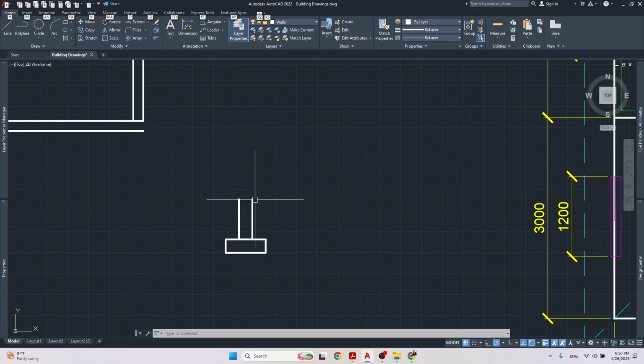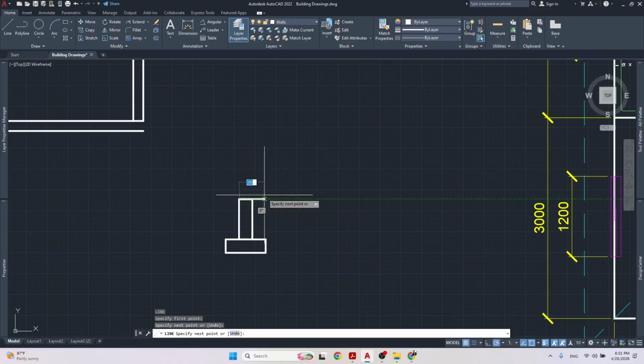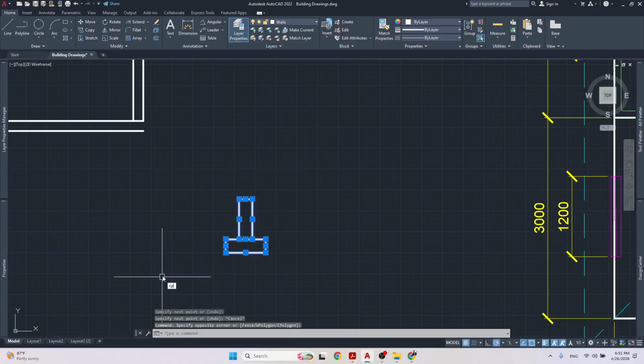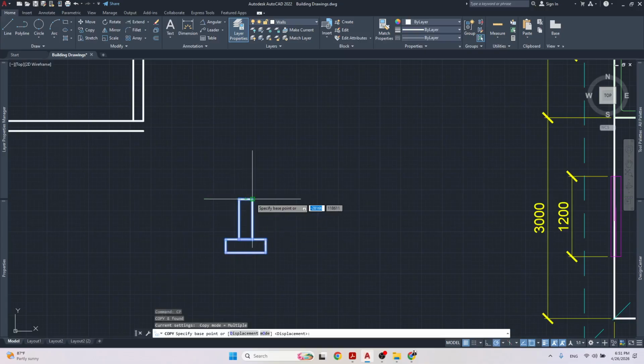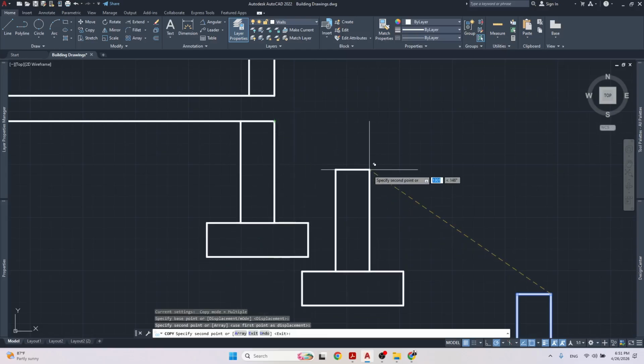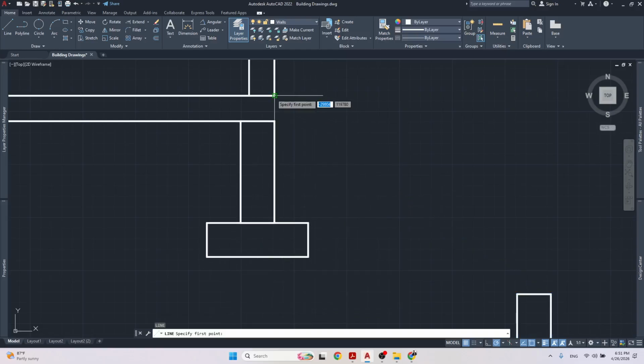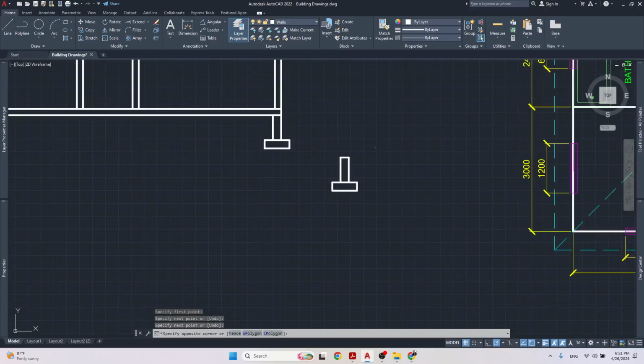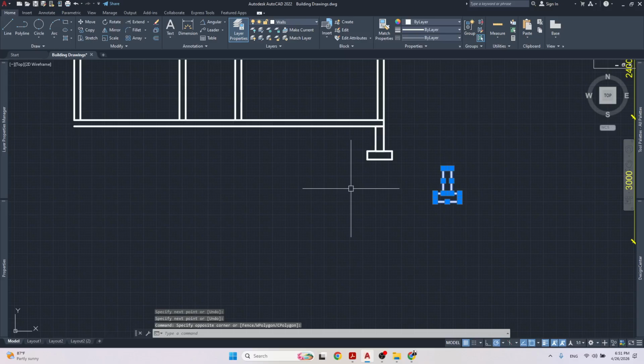So now I'm just going to close this off at the top, and then I'm going to take a copy of this and grab it by the end and put it to the end of the wall like so. Alright, I'll just need to draw a line to come down here to connect the concrete slab, and then I want to do the same thing